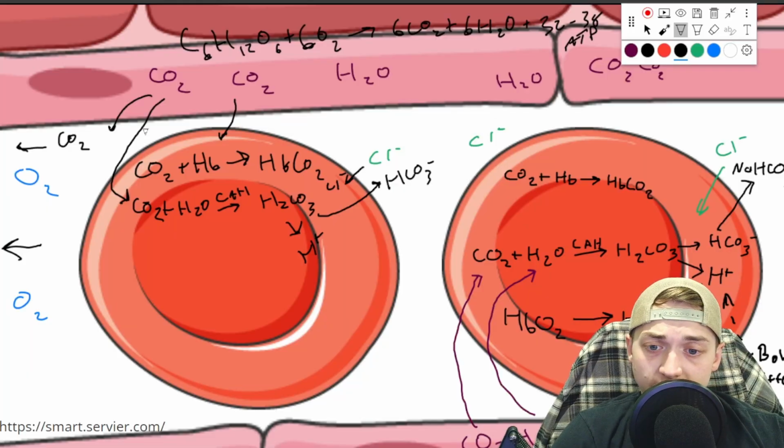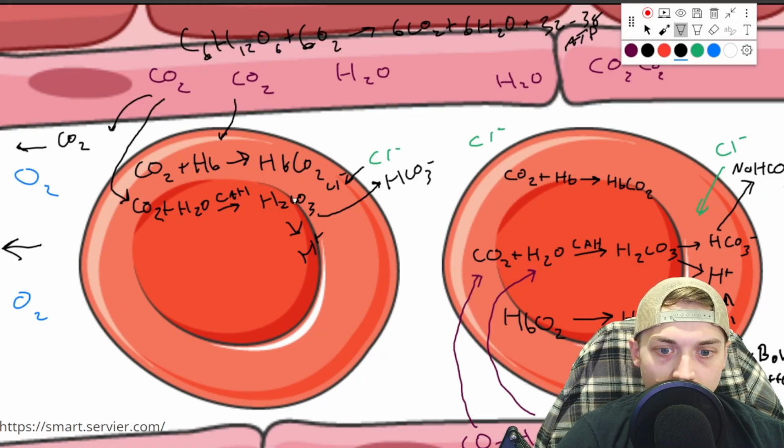We have a CO2 and a water. They're coming into the blood cell here. They're going to be added together by carbonic anhydrase to form carbonic acid. This carbonic acid is going to be broken down into bicarbonate, and it's going to leave behind a hydrogen ion. Because your cell likes balance and charge, this chloride ion that's hanging out here is going to come in here and hang out to balance these charges out. Now, once that happens, we have